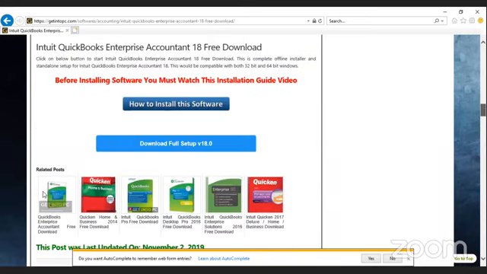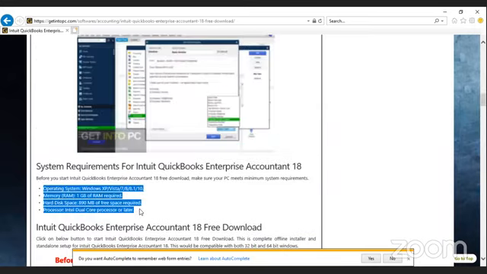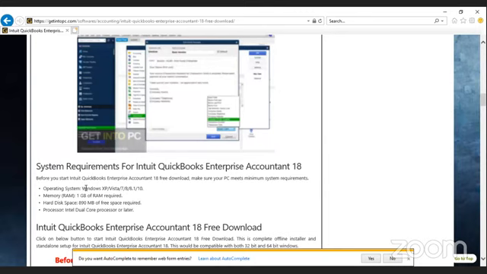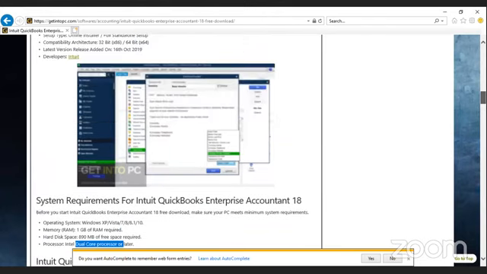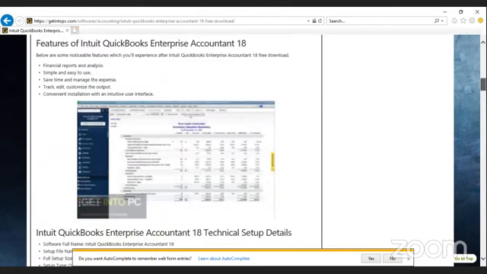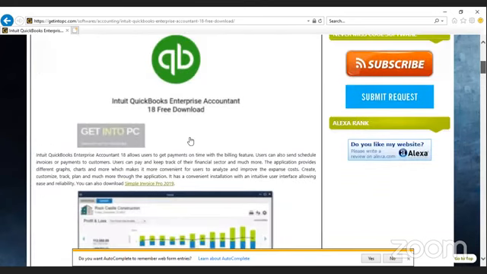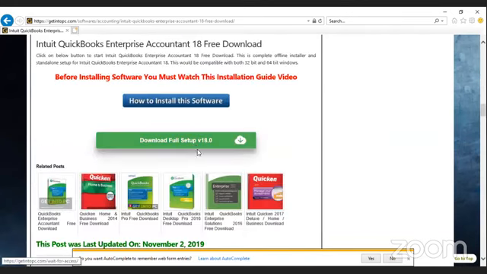This is the system requirement to run this particular QuickBooks. You should have this operating system, the minimum requirement is 1 GB, and this much hard disk space is needed to install and do all the latest processing. Then you can go down and press this button to download the software.